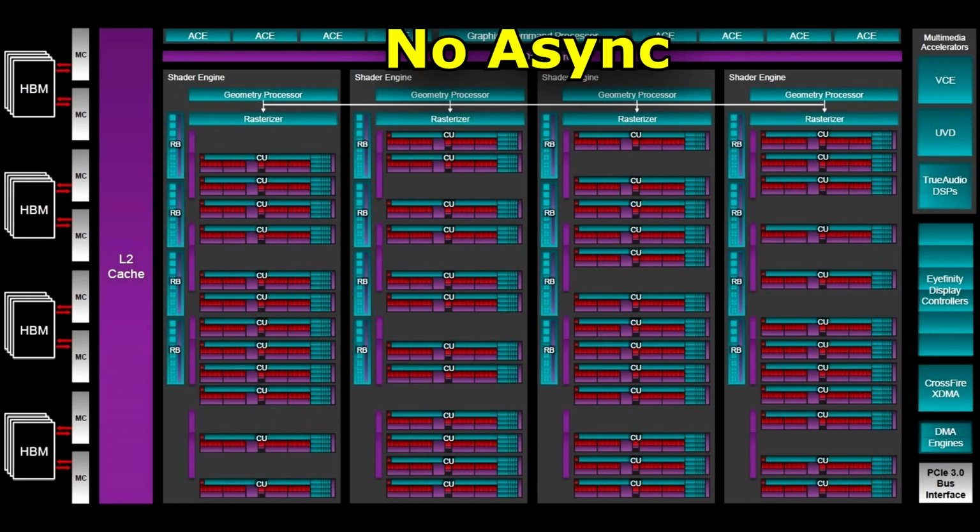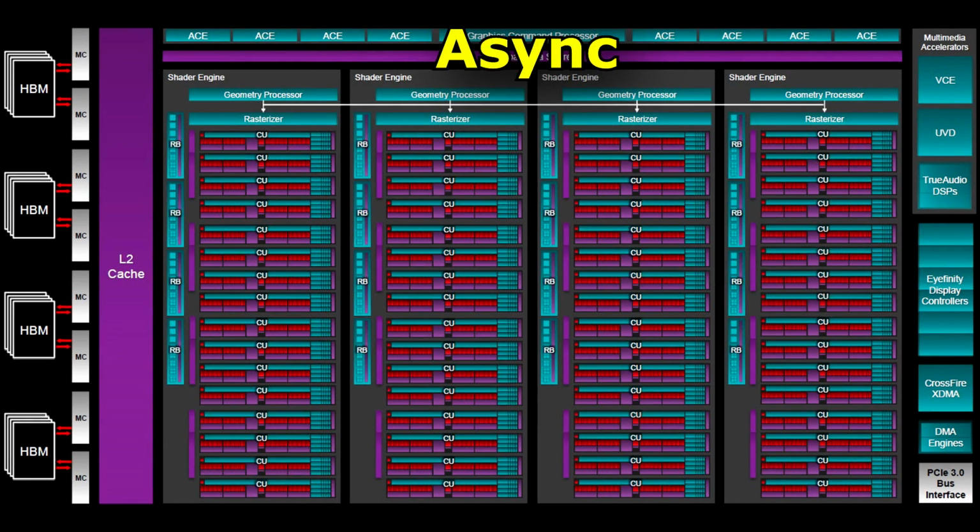And this should allow the gaps to be refilled. In previous cases where inefficiencies were preventing compute work from being done, asynchronous compute now allows those gaps to be filled with compute work. It all sounds great in theory,